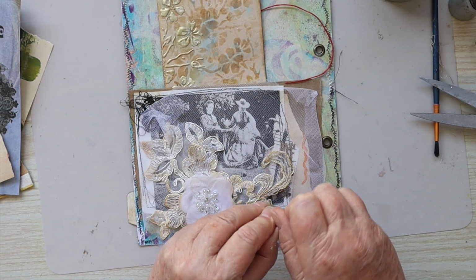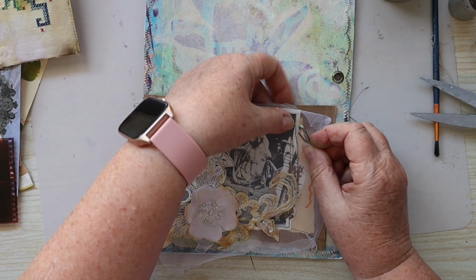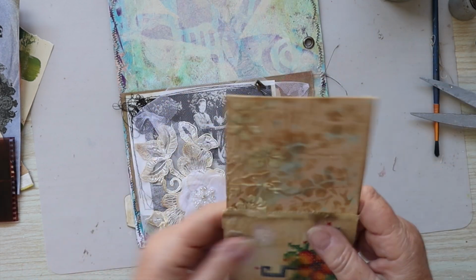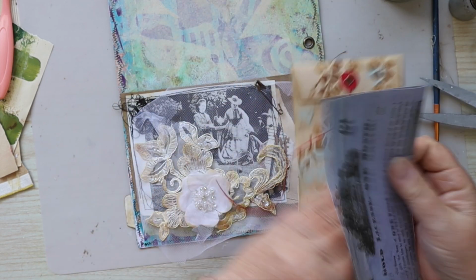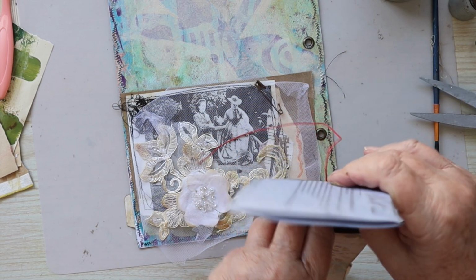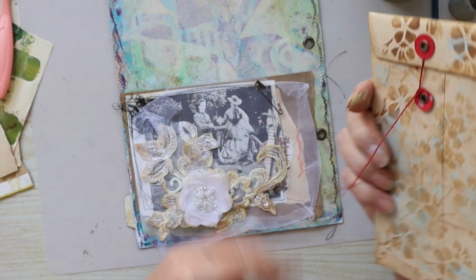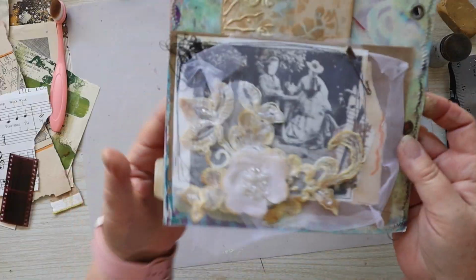I do have the safety pin here. Maybe I could stick that on here somewhere. Yep. Okay. I know what I can put in there. I've got this gold license, so 1 month gold license. So that will fit in there nicely. Seal it back up again. Doesn't need all of that red. Get rid of some of that. Pop it back in the pocket. And there is today's